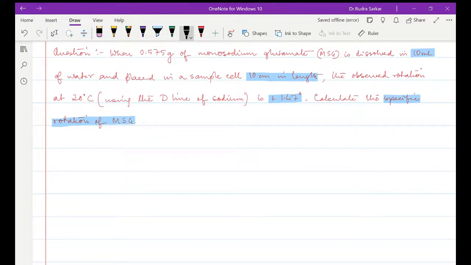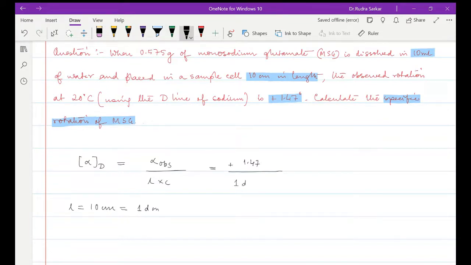What is the formula? We know that specific rotation is observed rotation divided by L into C. Okay. And what is the observed rotation given to us? 1.47. That also in plus. What is the length of the tube? 10 centimeter. In decimeter it means what? 10 centimeter in decimeter means 1 decimeter. So it is 1,